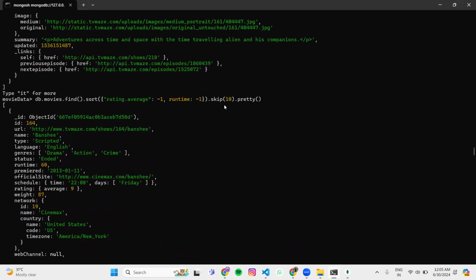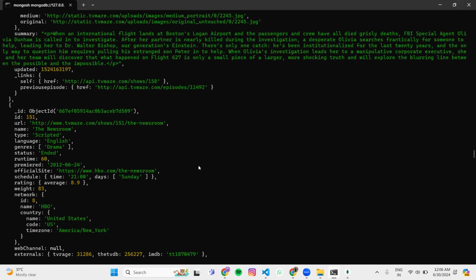And then we have this skip function. We use this if we want to skip some documents in the result. So we put 10 here, so this will skip the first 10 documents. So we see that the rating here starts with 9. It skips the 10 documents where we started with 9.4 rating. So here it will print,